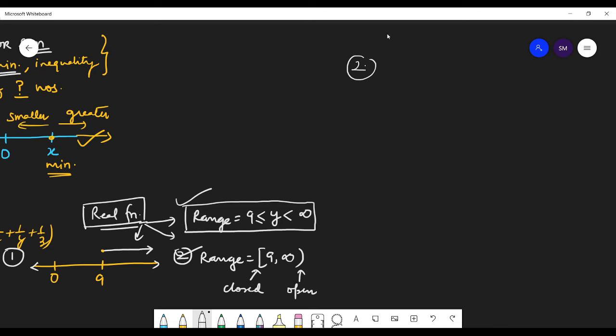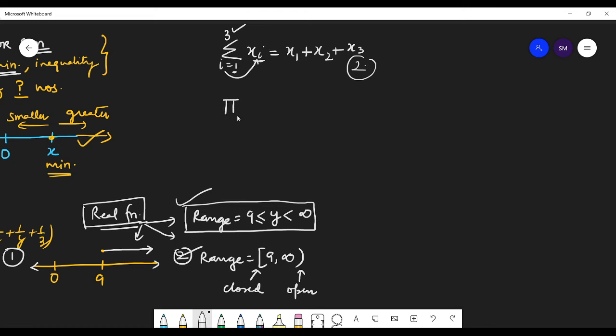Next question, students: there are 2 symbols. One is sigma x_i, where i equals 1, 2, 3, suppose. What does this mean? It means put i equals 1, and sigma means sum, then put i equals 2, plus, then put i equals 3. Don't go beyond it. This is what it means.